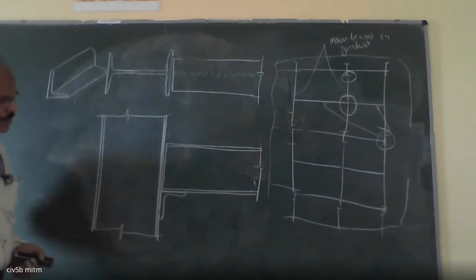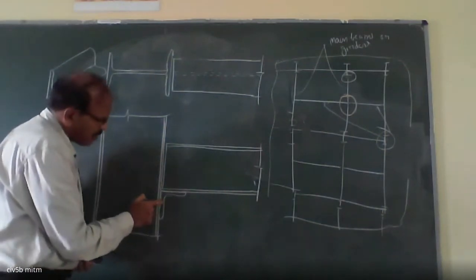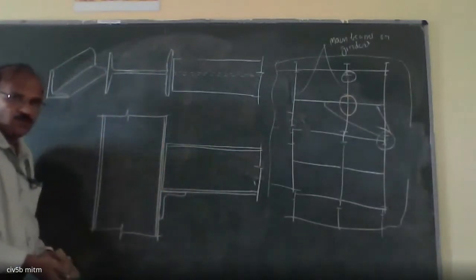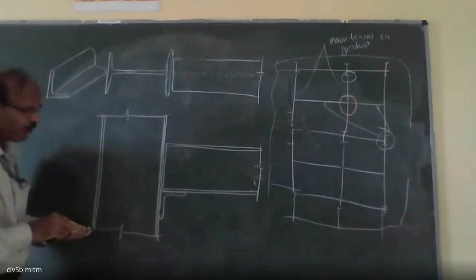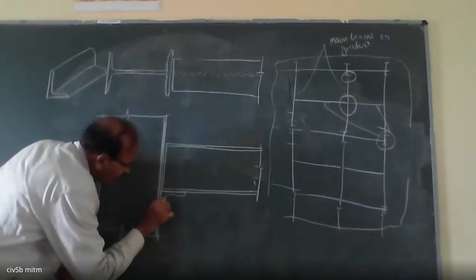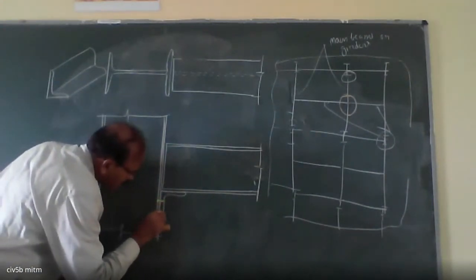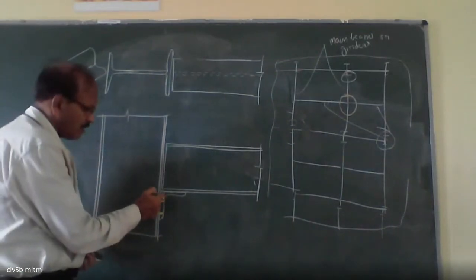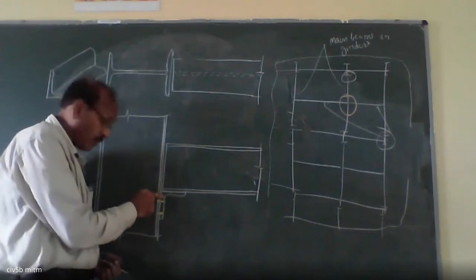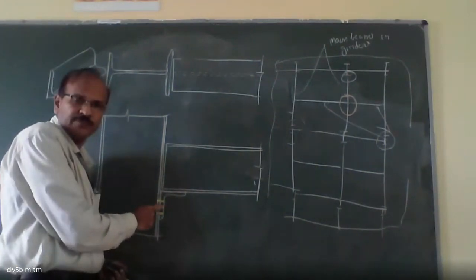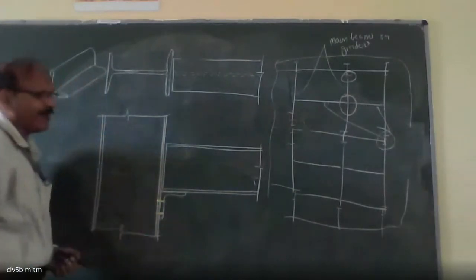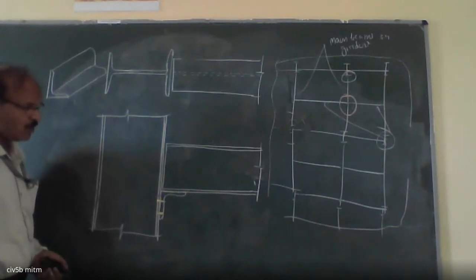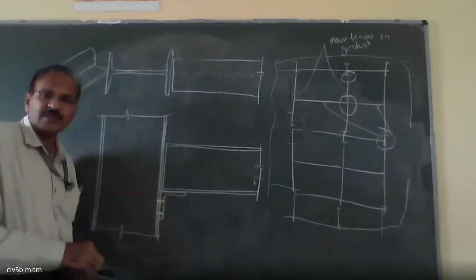Okay, so can you make this sit on this? No, you cannot. It is going to fall down. So we need to make connections. So we are going to provide boards. So we are going to connect with one of the legs of the angles with the flange of the I section, that is the flange of the column. Okay, this is called unstiffened connection.